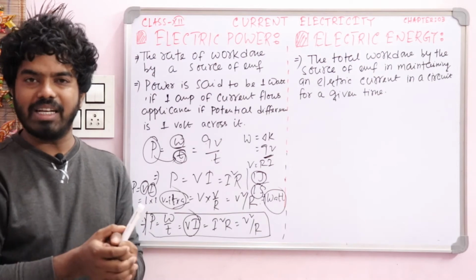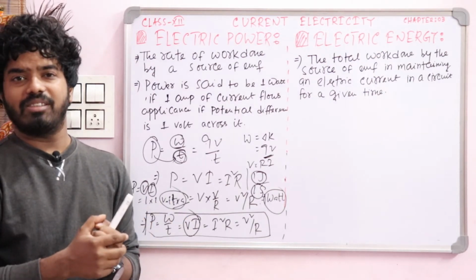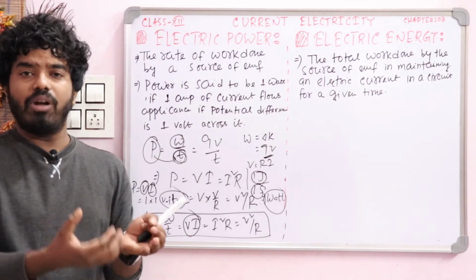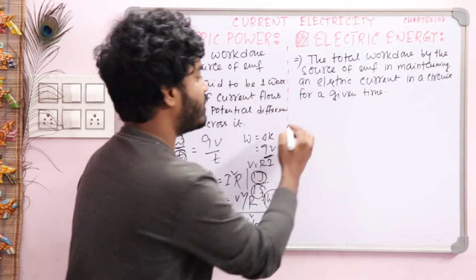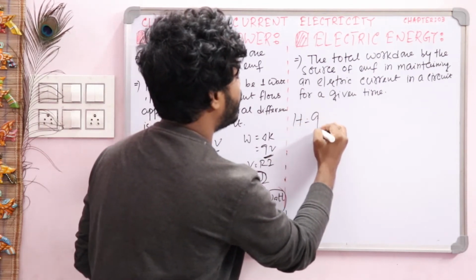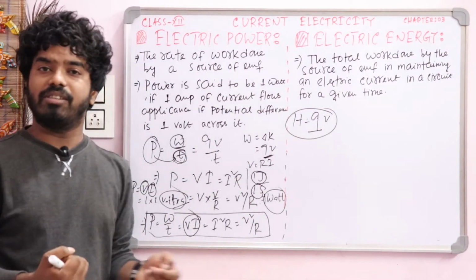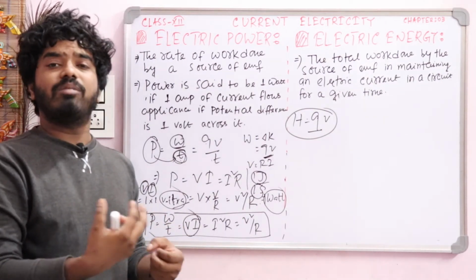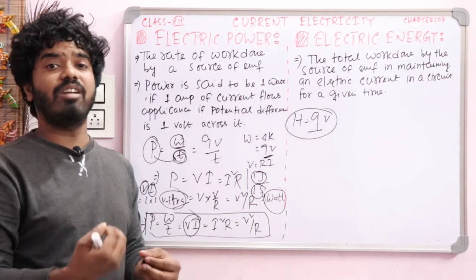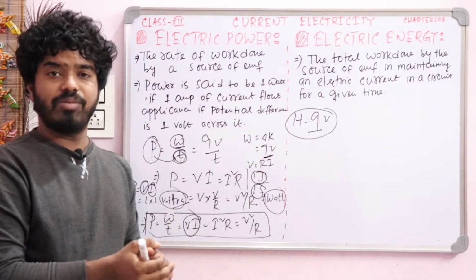What is the meaning of energy? All of you know heat is also named as energy. Heat is a form of energy. We already completed the heating effect of current, and the expression of heat, H, is equal to Q into V. So this expression is also named as energy, and this energy is supplied by the cell of EMF in a circuit to maintain the potential difference V.